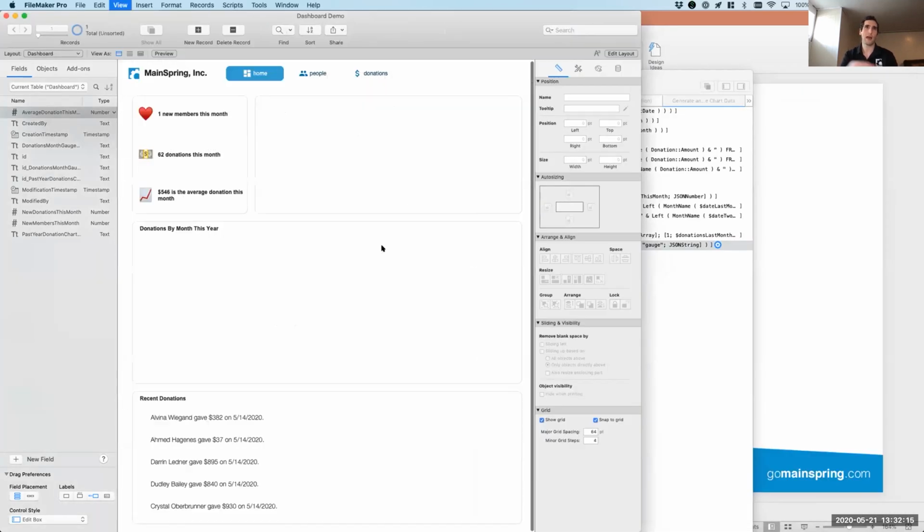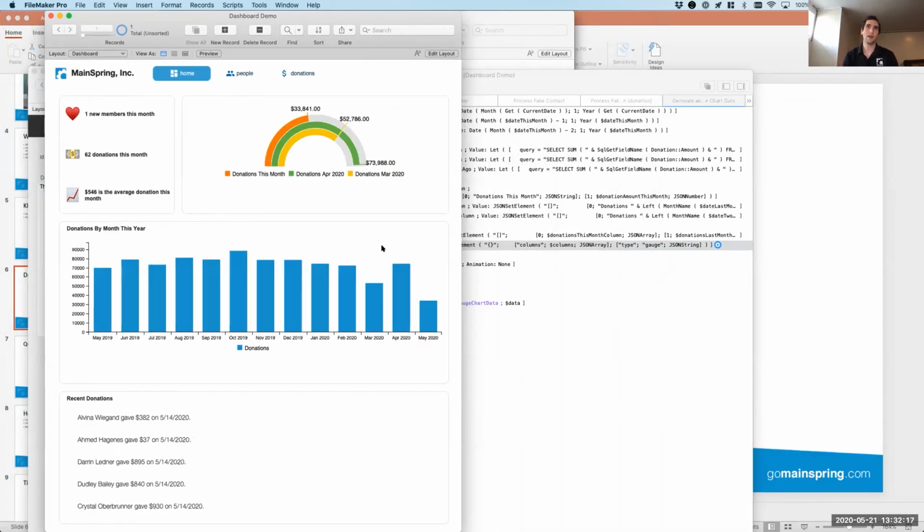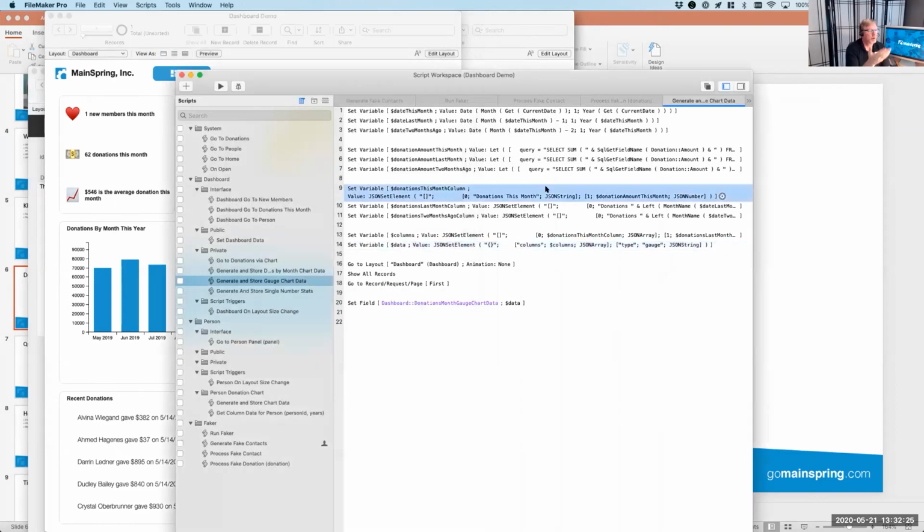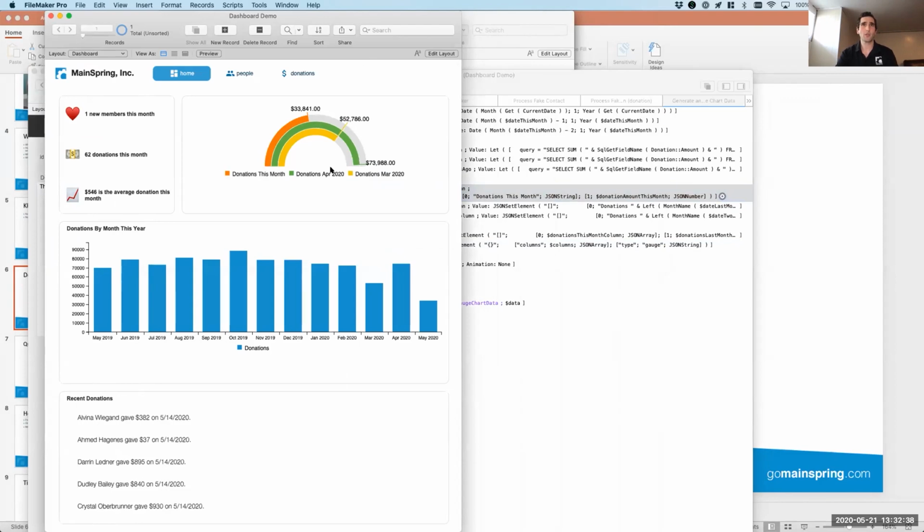So again, that way we don't have to do that query live. It all exists there and is refreshed whenever we want to refresh it, whether that's every 5 minutes or an hour or whatever. And in theory too, you could have a button on the layout that if I need it refreshed right now, I hit a button and it goes out and does its thing, right? Yeah, absolutely. And the chart that's coming out here is literally no different than any standard